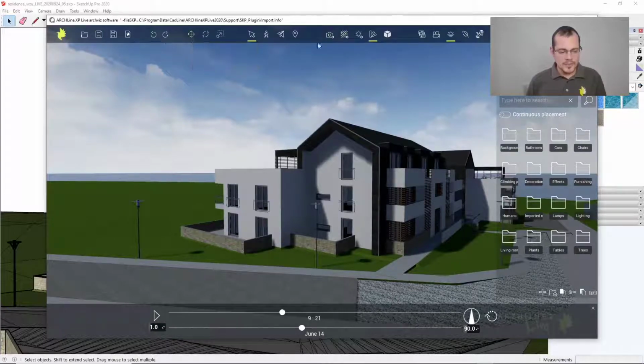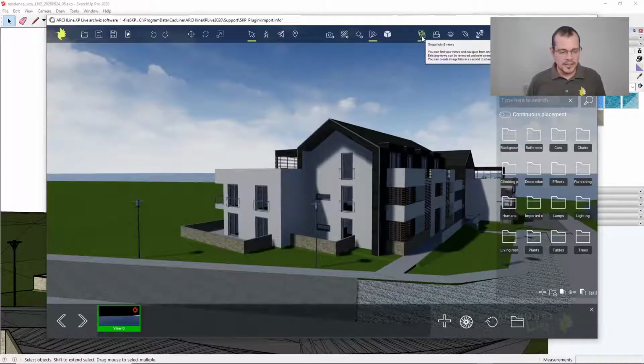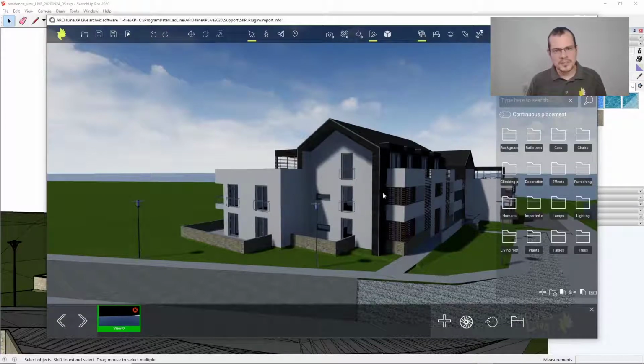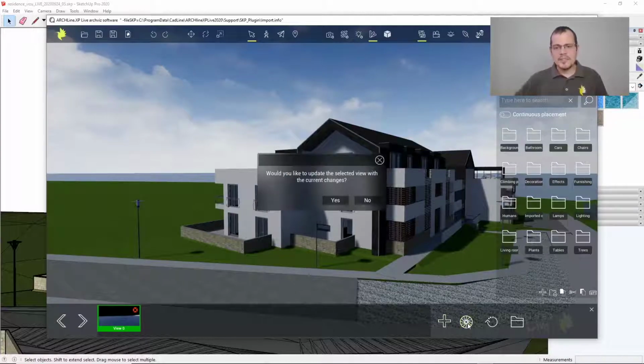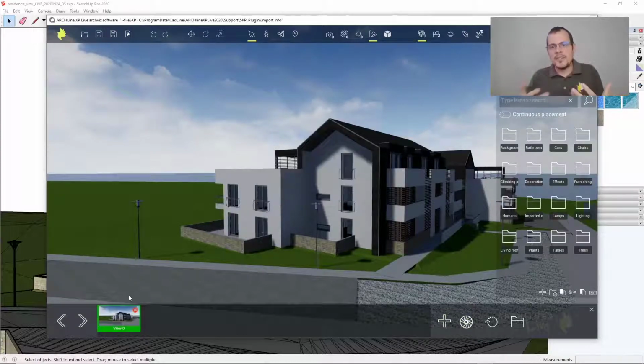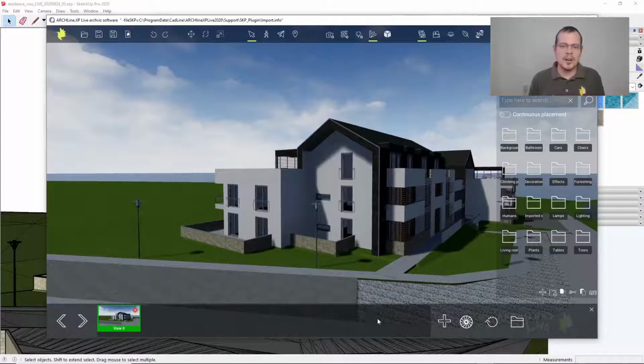So once we have that, let's investigate what else we have. Here we have the model, we have the terrain, and no views. You see on the top left that there's only one view recorded, but that's not good enough for us. So what we do is we re-save the view that we see here. Now the view that we have is stored. What does it mean? It means that you can at any time come back to this view, and if you click on this thumbnail, the view will be set back to this viewpoint. Now this is very good for your purposes because later on,